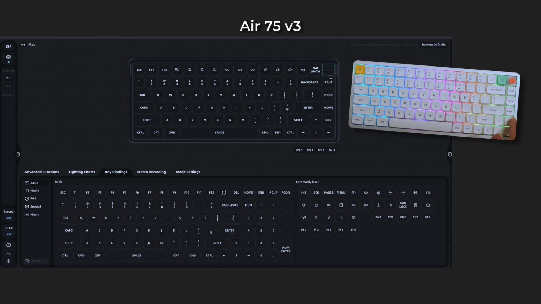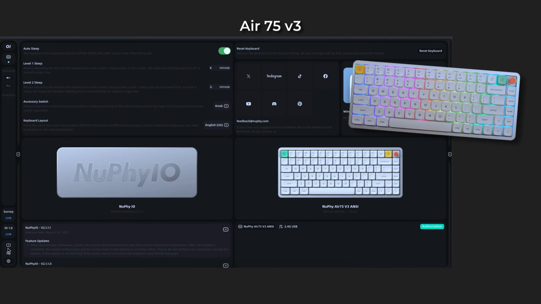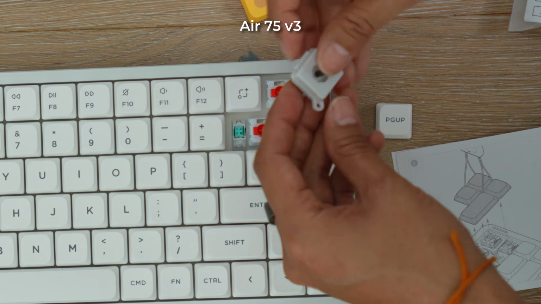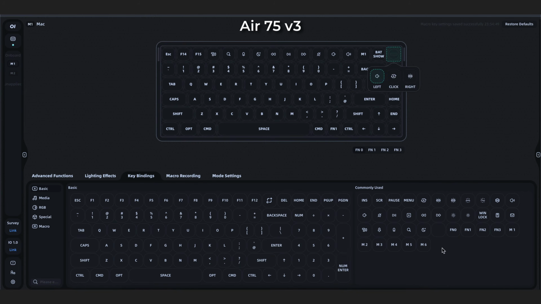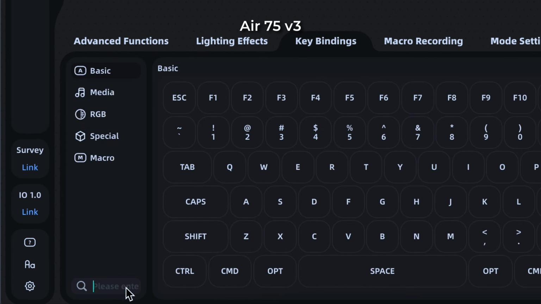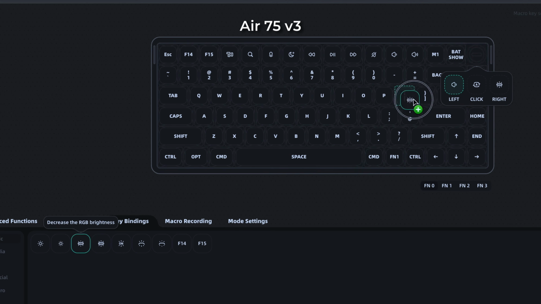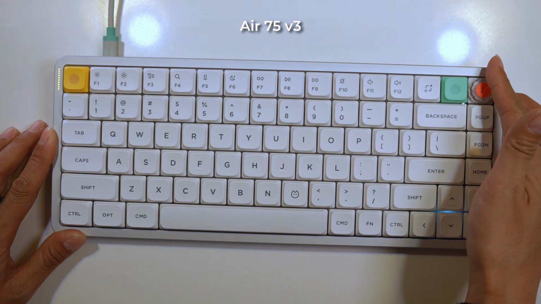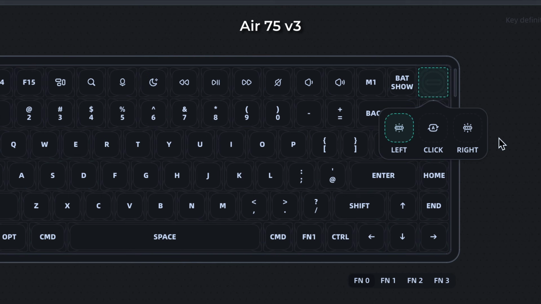I went to key binding and I went here, and it knows that it's a knob. And if you go into settings, just to be sure, it is registered as a knob instead of a button, but when I changed it from a button to a knob, it automatically knows because there's a different sensor in there. So if you click here, see now it's registered to volume up. But if I go to brightness, start typing brightness, I think it's decrease brightness, and drag it here. When I go down, it changes the brightness, go here, increases the brightness, and then clicking